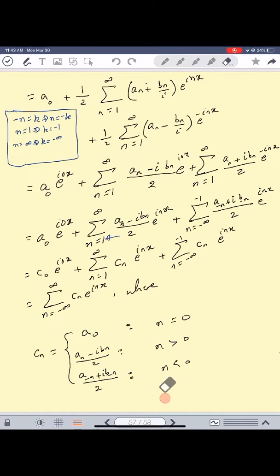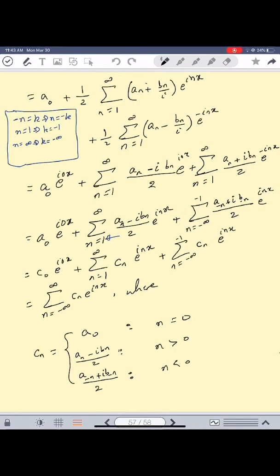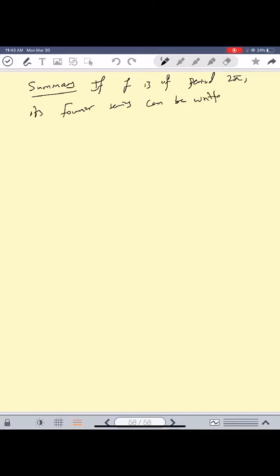So the complex Fourier series. So in the end, what did we do? We started with the Fourier series in terms of the sine and cosine. We replaced the sine and cosine by their values in terms of the complex exponentials. Then we simplified up to this point. So please, I'm writing. So in the end, the summary. If f is of period 2 pi, its Fourier series can be written as,